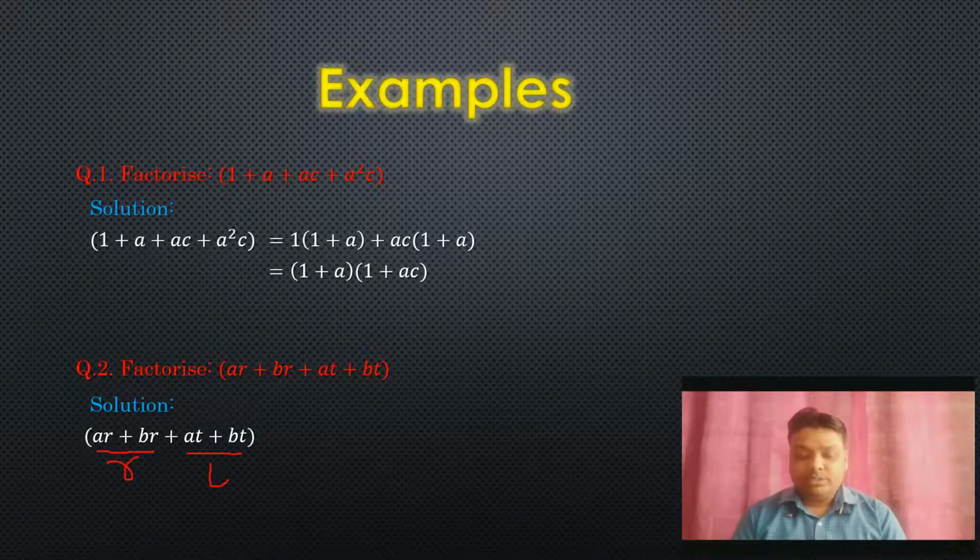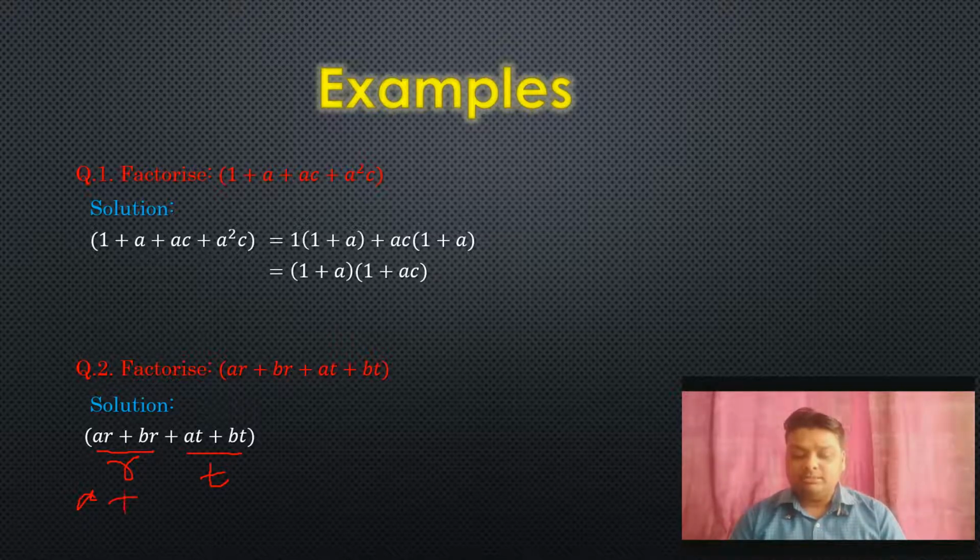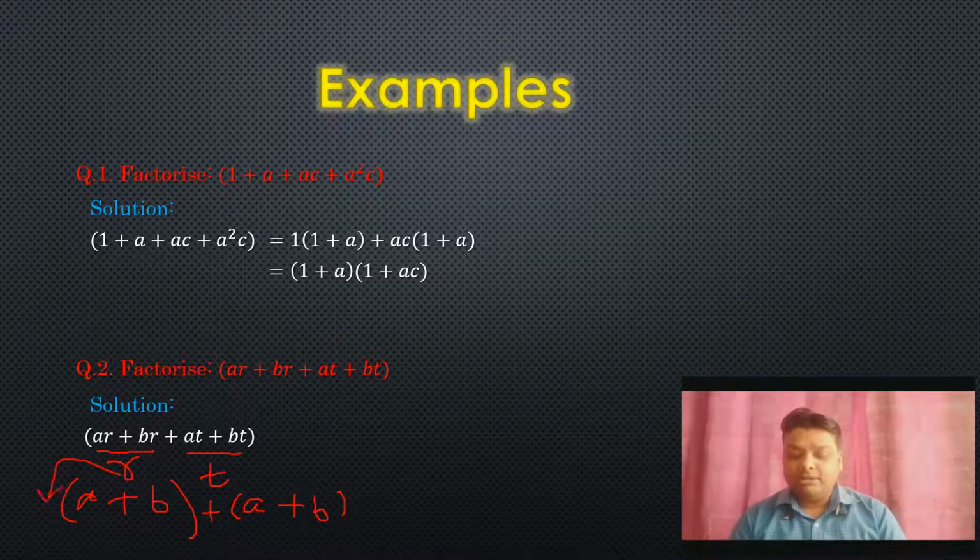Okay. Then what is left here? If you take R outside, then A in the first term, in between we can write plus, and B in the second term is left, and we can keep it in a bracket. Same as if you take out T common outside like this, then what is common here also? Here again you can see that A is common in the first and third term and B is common in the fourth term. Okay. It means that R we can write here, and that T we will write here.